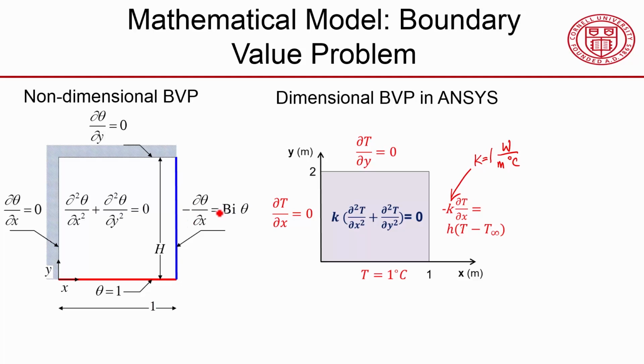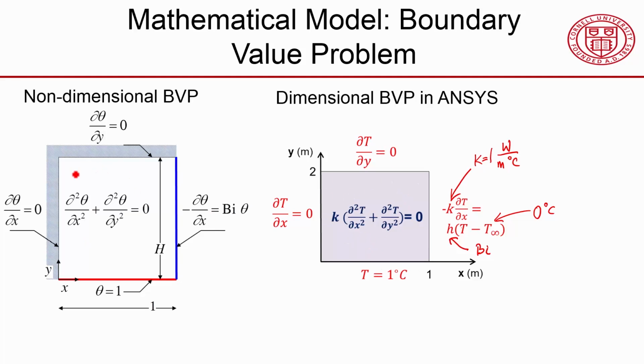And on the right-hand side I will set h equal to the Biot number that I'm given, and I'll set the temperature of the fluid to be 0 degrees Celsius. When I do that, this boundary condition looks exactly the same as that,